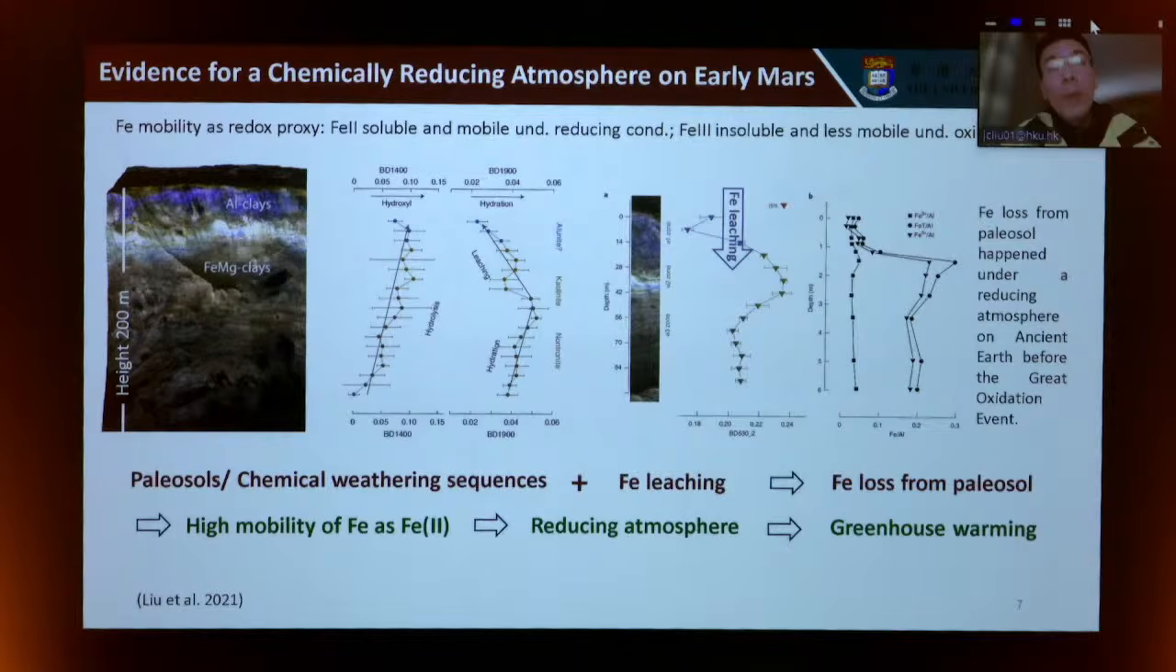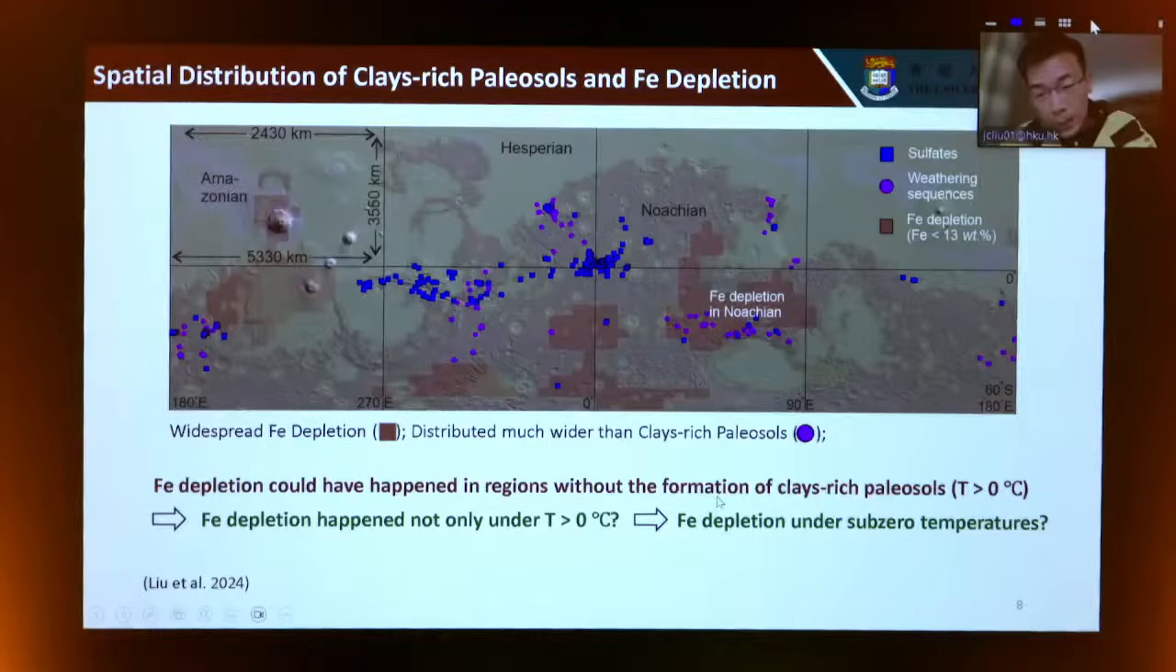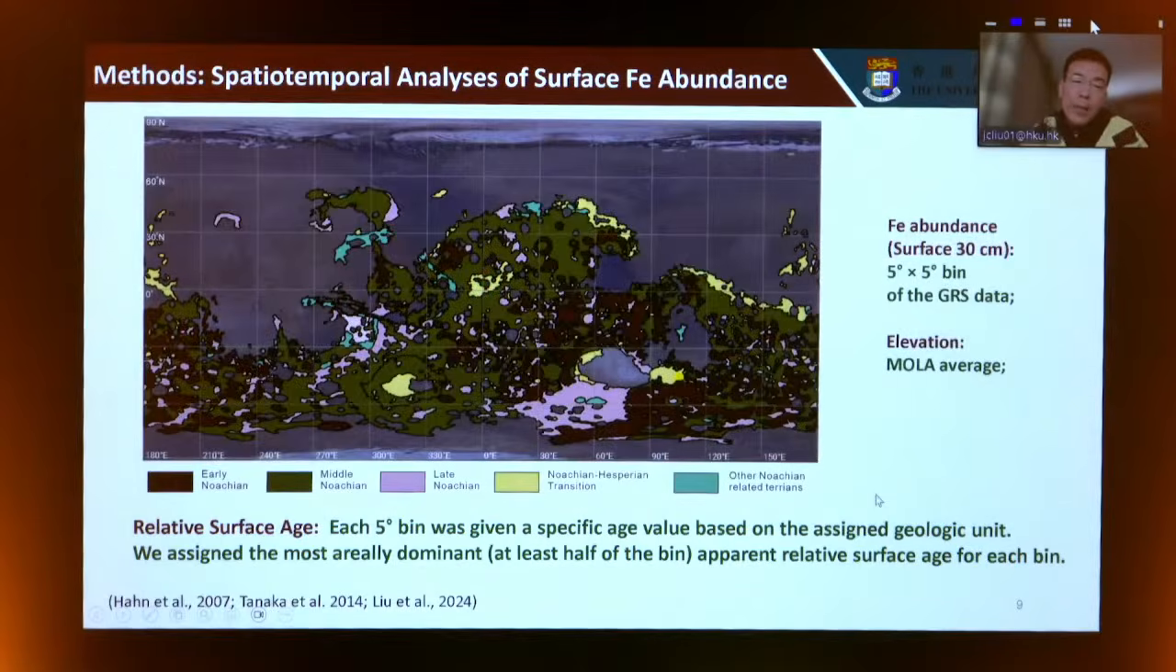Yes, I have found strong iron leaching from chemical weathering sequences. It suggests strong iron leaching as iron 2+, indicative of chemically reduced depletion, could have happened under sub-zero temperatures. And I